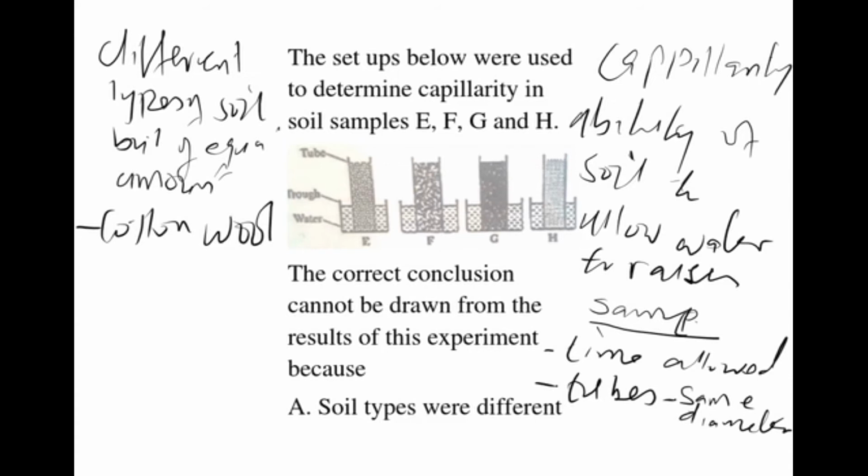Therefore, all those are some of the things that need to be the same. When you look at the trap and the amount of water, it does not depend, provided you allow equal time, same diameter of the tubes, different types of soil but of equal amount, and then the cotton wool. Therefore, looking at the experiment,